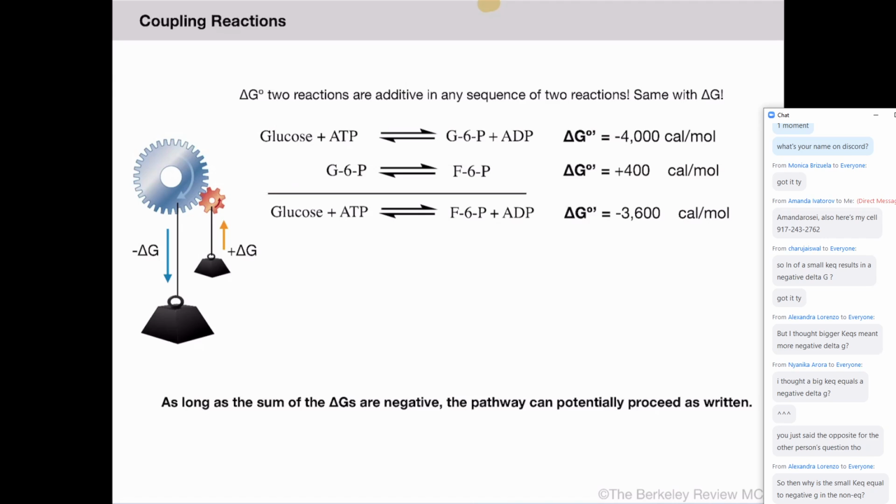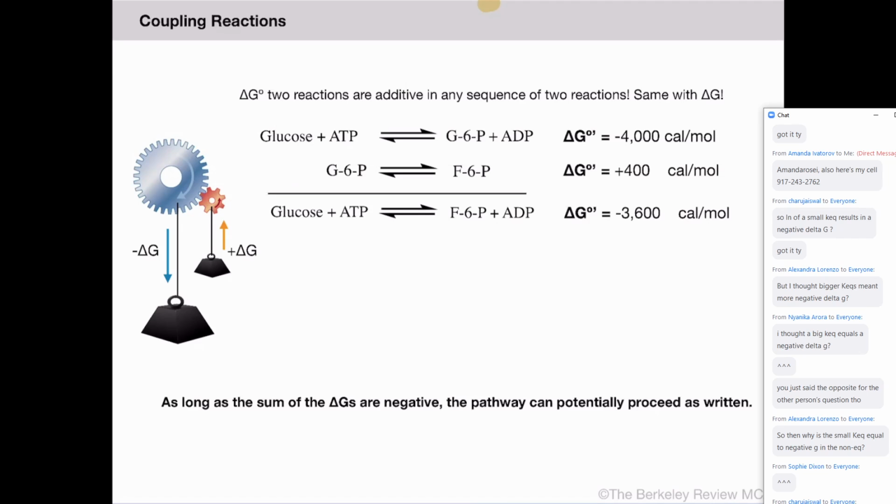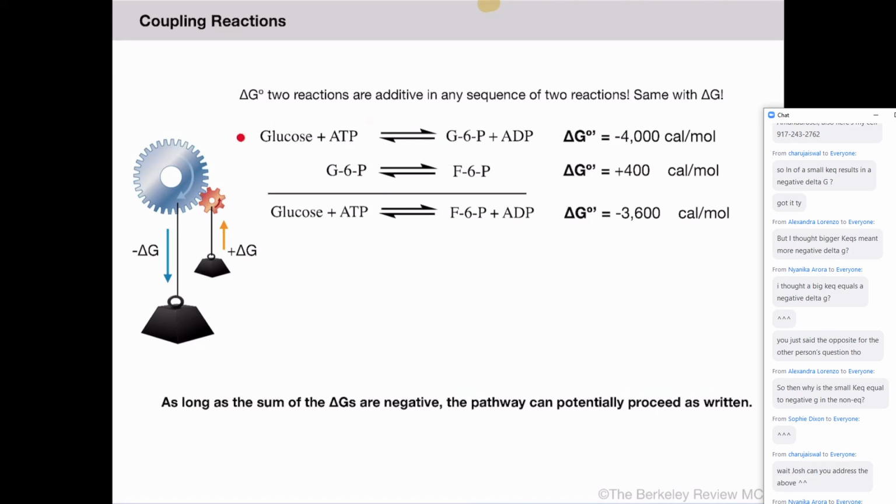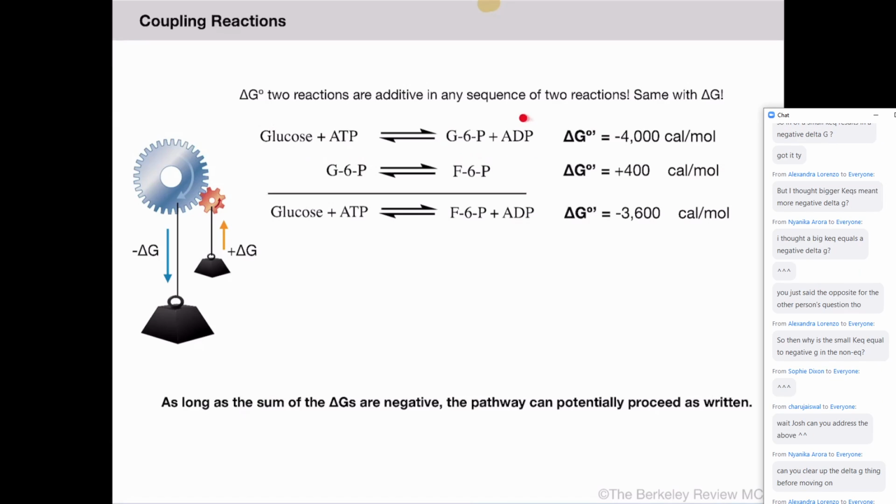All right. So let's talk about coupling reactions. The delta G naught of two reactions are additive in any sequence of two or more reactions. And that's the same with delta G. So you'll notice here that glucose plus ATP to glucose 6-phosphate and ADP has a very large negative